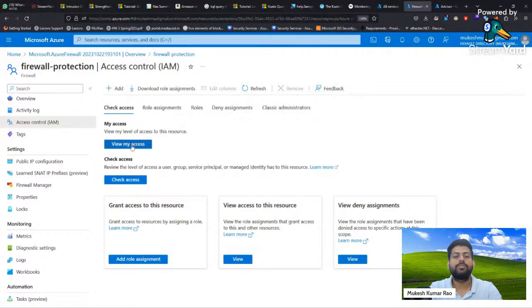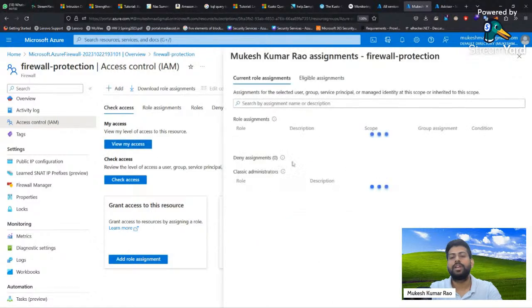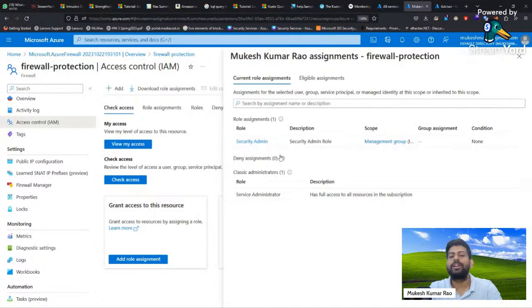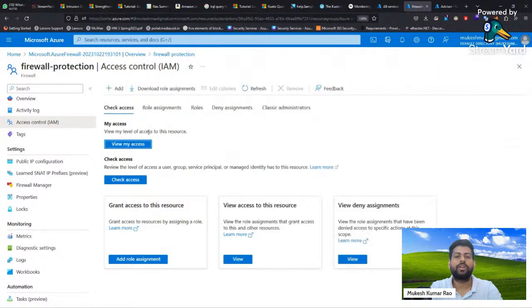Okay, so you can click on view my access. You will get which subscription or which role is there. So right now I am working as a security admin. I am working as a service administrator. So apart from me, if I have to give any teammate the same service to control and manage, you have to create a user in that particular part. Okay, but before that we have to create the roles and users in the IAM section.